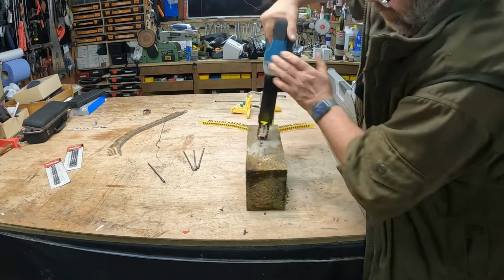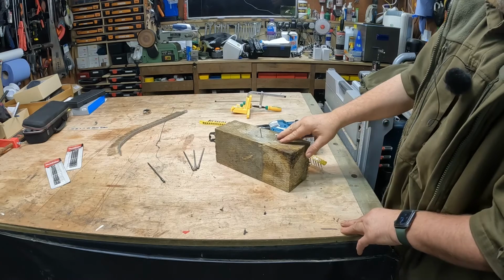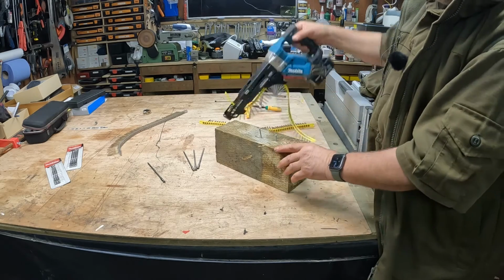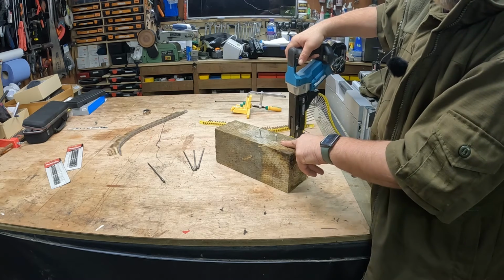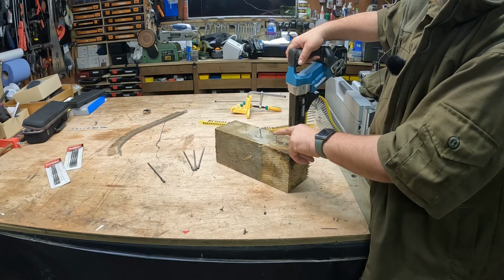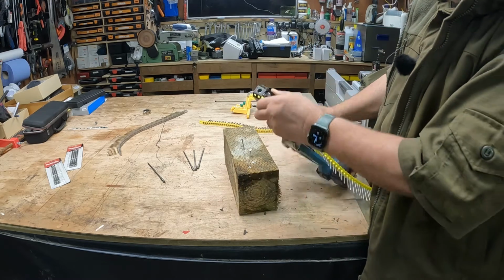So they go in nicely when you're actually using it, but because I was trying to do it at a weird angle to stay out the way for the camera, I threaded those heads very quickly. If we change it over